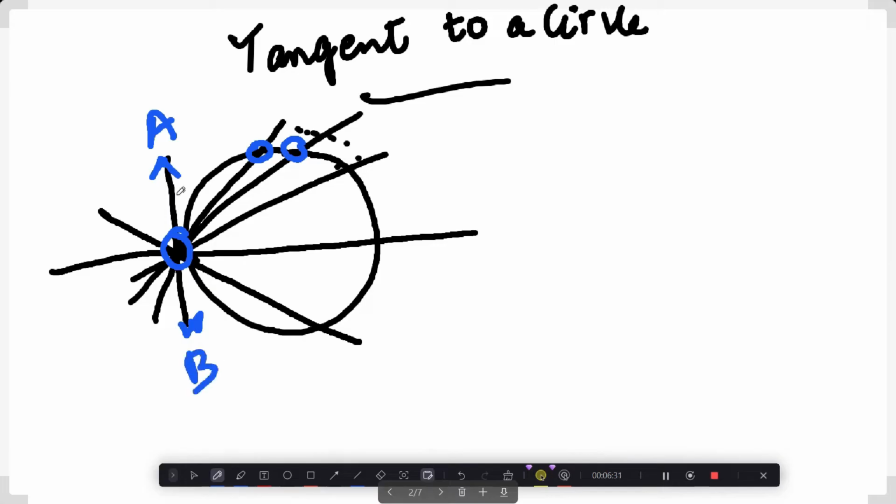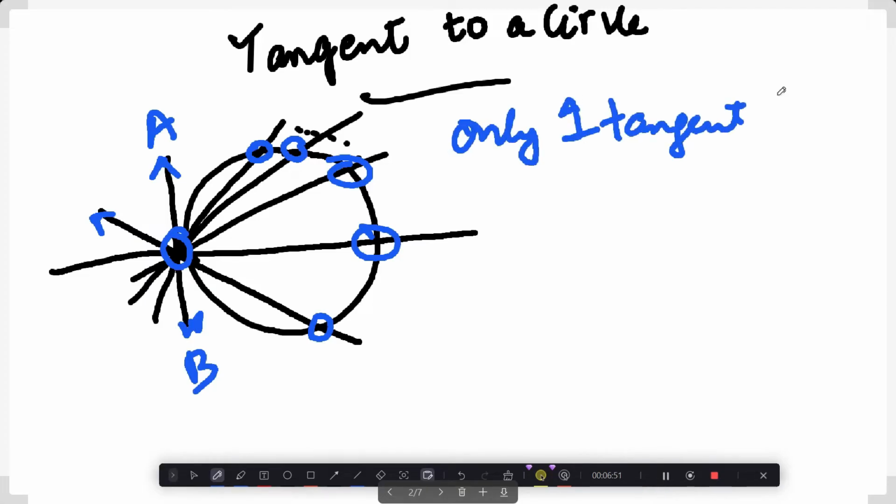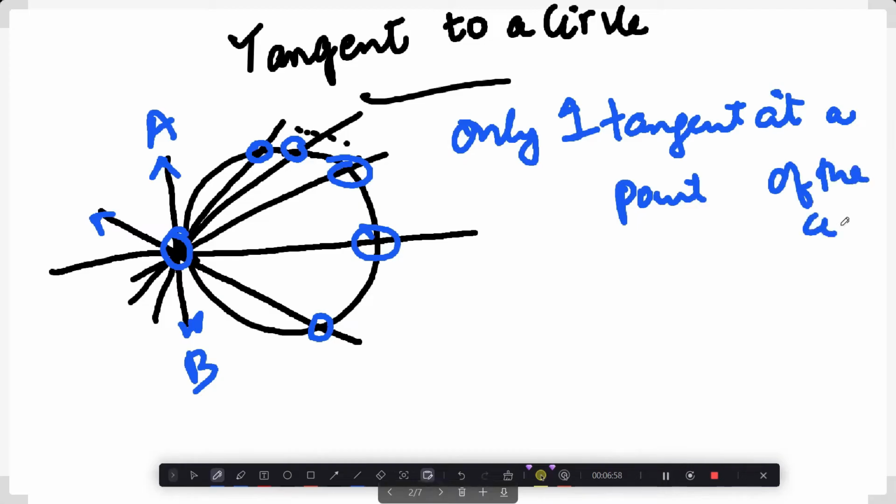Here it is a tangent. And again, if we move it again, we can see it is touching this and this. So that's how it is. So what can we understand from this? That there is only one tangent at a point. At one given point, there is only one tangent. And tangent is a special case of secant when the 2 points of its corresponding chord coincide.